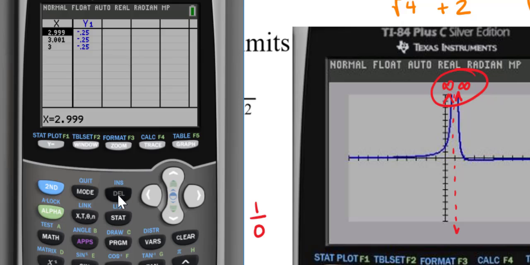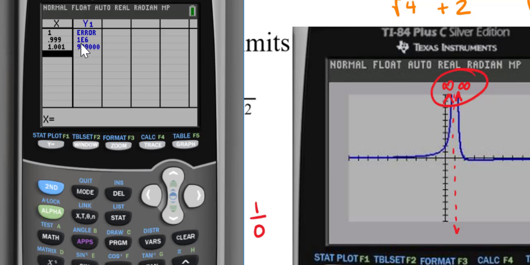So you can delete, delete, delete, which is right next to your arrows, if you like a clean table to start with. And then I can say, obviously, if I type in x equals 1, I'm going to get an error because I cannot evaluate my function at 1, I got 1 over 0. But I can do one from the left, 0.999, and x approaches 1 from the right is 1.001, for example,